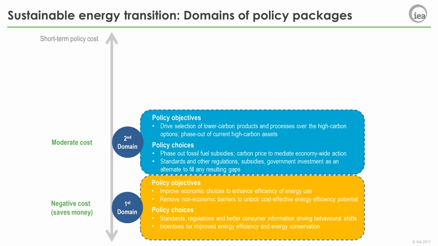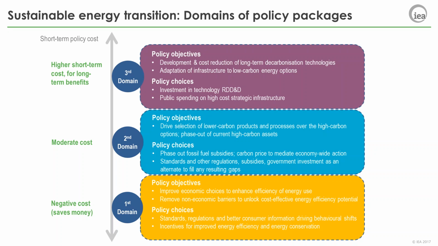If high carbon prices are absent or remain only at moderate levels, complementary policies such as standards, regulations, or other incentives could be put in place to achieve these outcomes. And the third key domain is the domain of high cost short-term investment for longer-term returns, where governments can shift the boundary of what emission reductions are achievable by supporting the underpinning infrastructure in markets such as